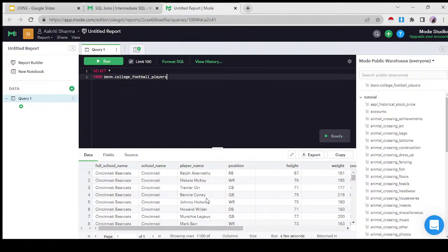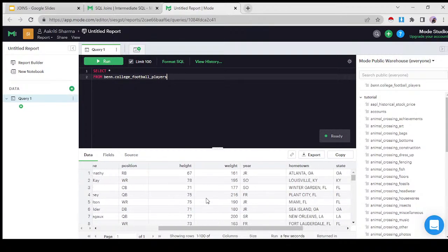So this has the school name, player name, position, height, weight, year, hometown.